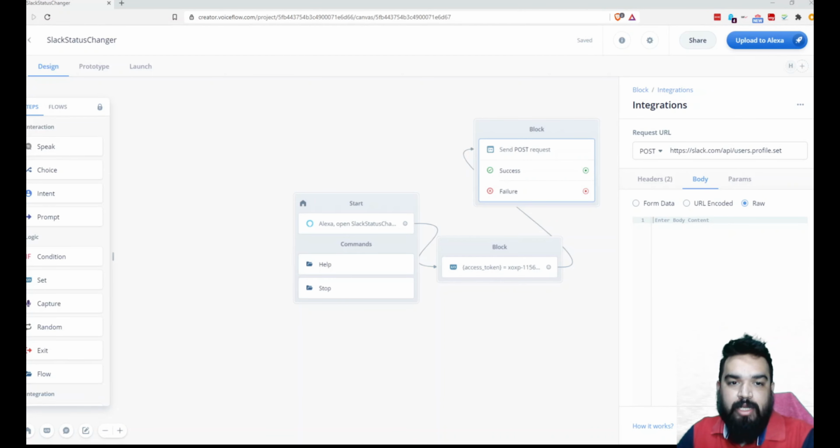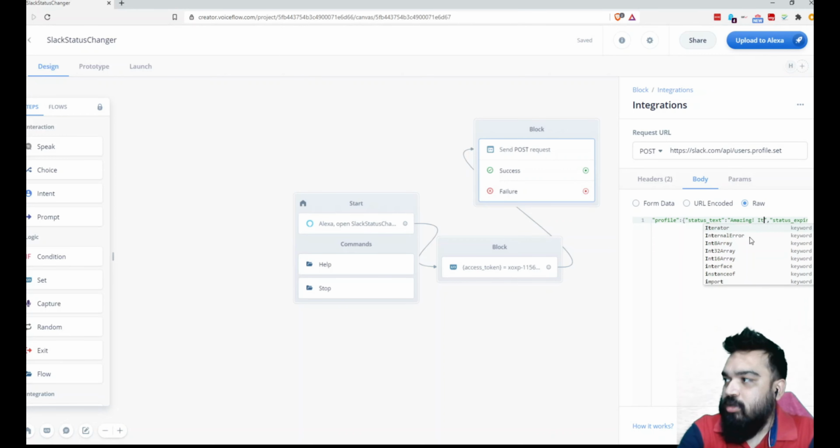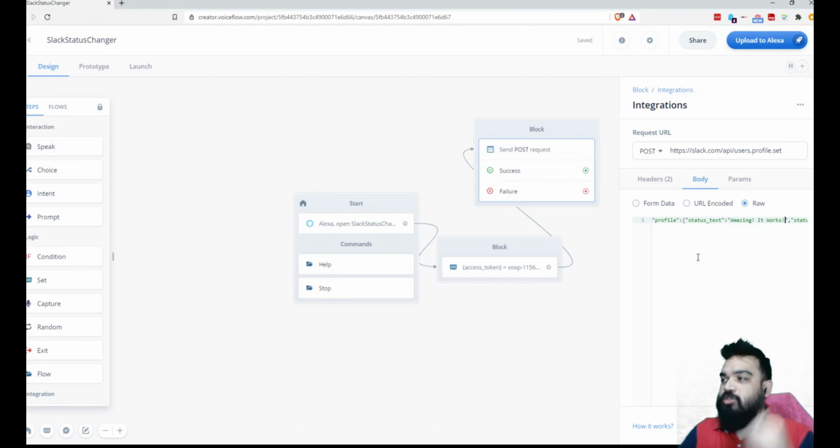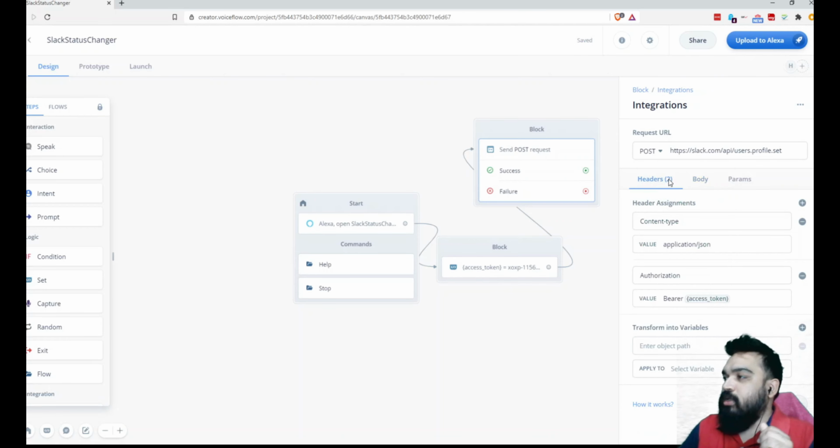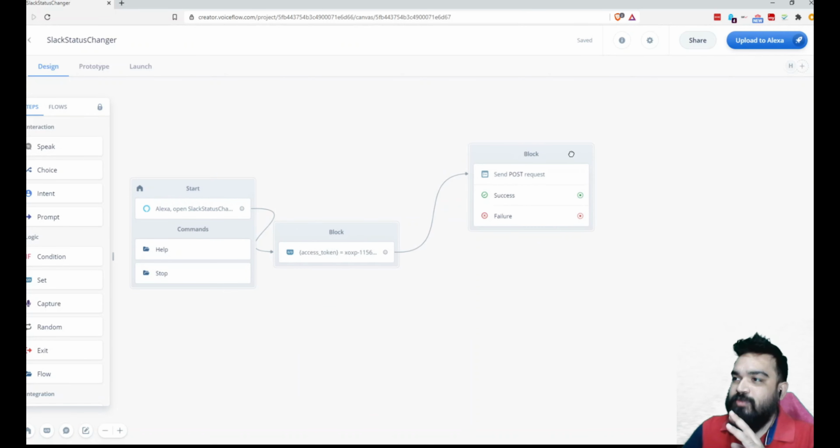So the format that you will need is, I'm going to share this as well, so don't worry about copying this exact same thing. This will be in the description below. So the format that we will need is this. So this part is the status. So what I'm going to do is I'm going to change it to, right? So that's it. So this step is required,